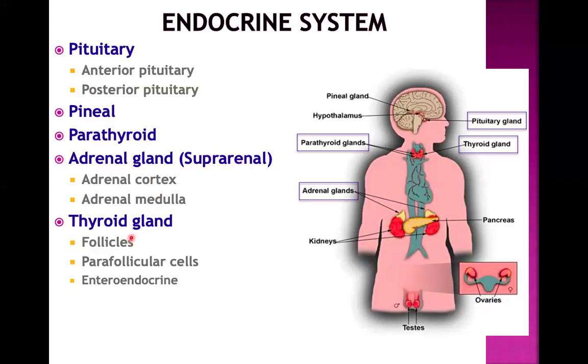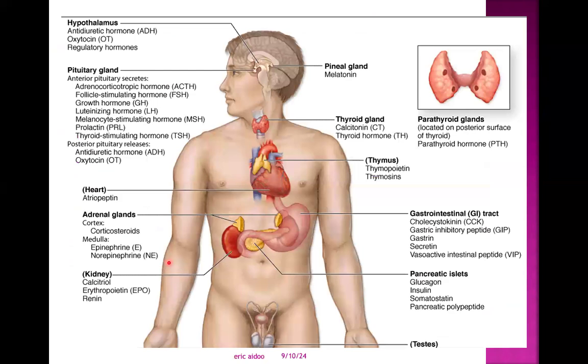Then the thyroid gland, which has follicles, parafollicular cells, and then secrete enteroendocrine cells as well. All right, so we will look at these